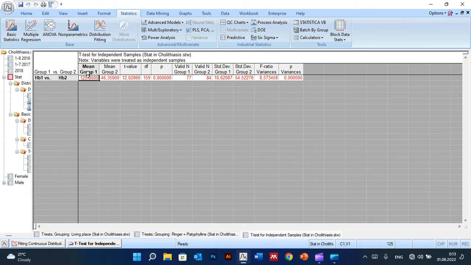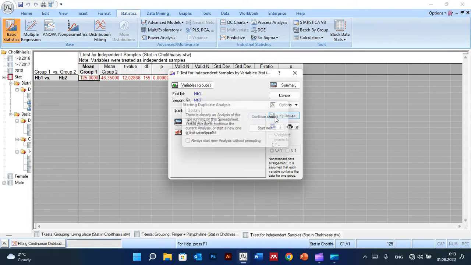So in this case we are showing that there is a statistically significant difference between the hemoglobin value 1 and the hemoglobin value 2, the mean value. We continue next